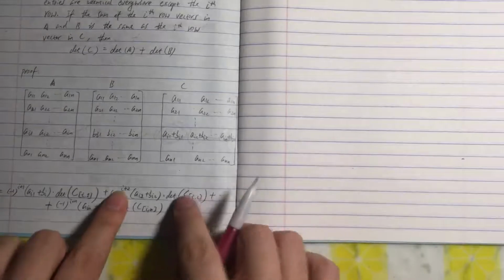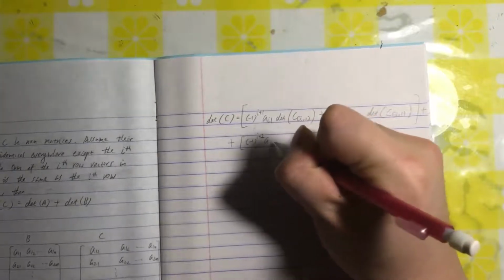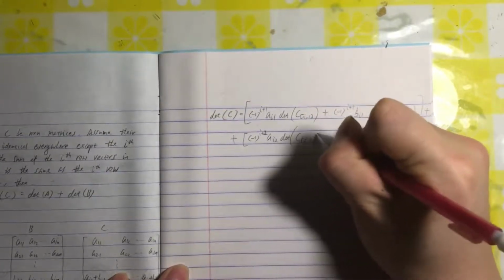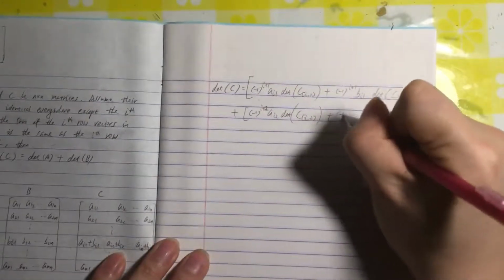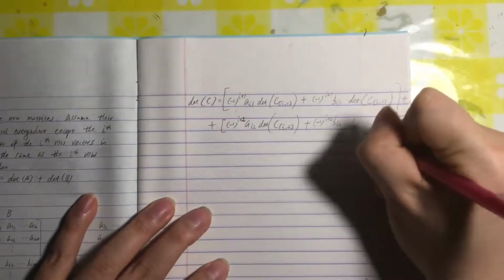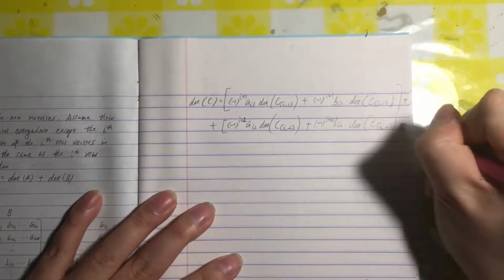Then for the second term here, if I distribute everything to the parentheses, I get (-1)^(i+1+2)... that is, (-1)^(i+2) times a_i2 times the determinant of C_(i,2), plus (-1)^(i+2) times b_i2 times the determinant of C_(i,2), plus